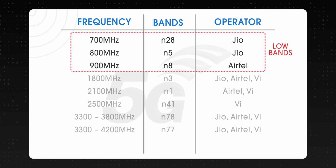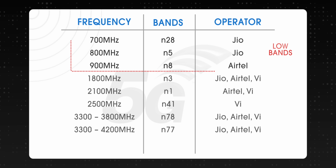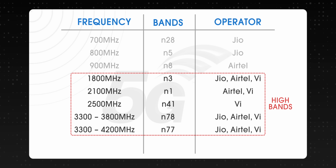So these are all the 5G bands that will be supported in India. There's low frequency bands that will probably be used in tier 2, tier 3 cities, while the higher frequency bands will probably be used in tier 1 cities. I think it's pretty clear. Now there are no 5G phones under 10,000 rupees, so let's start with the best 5G phone in the 10